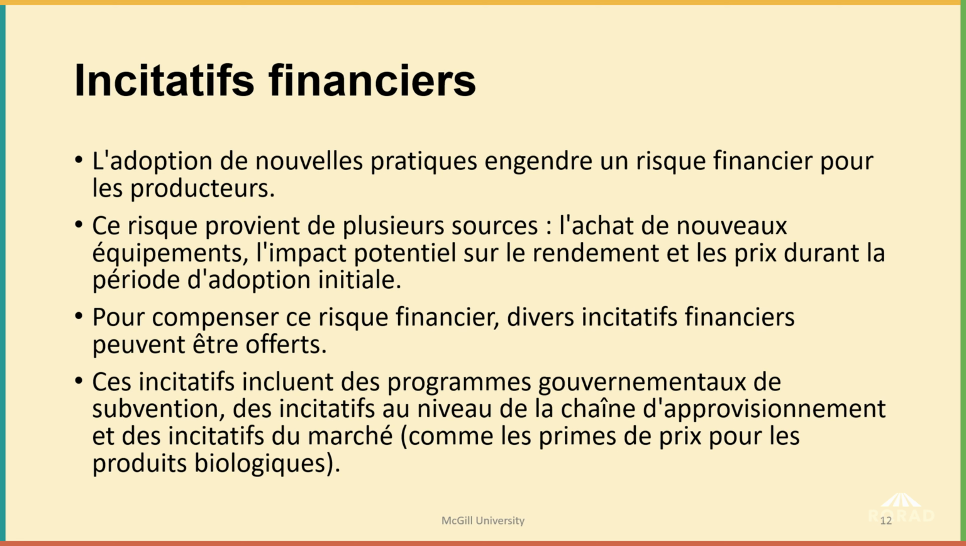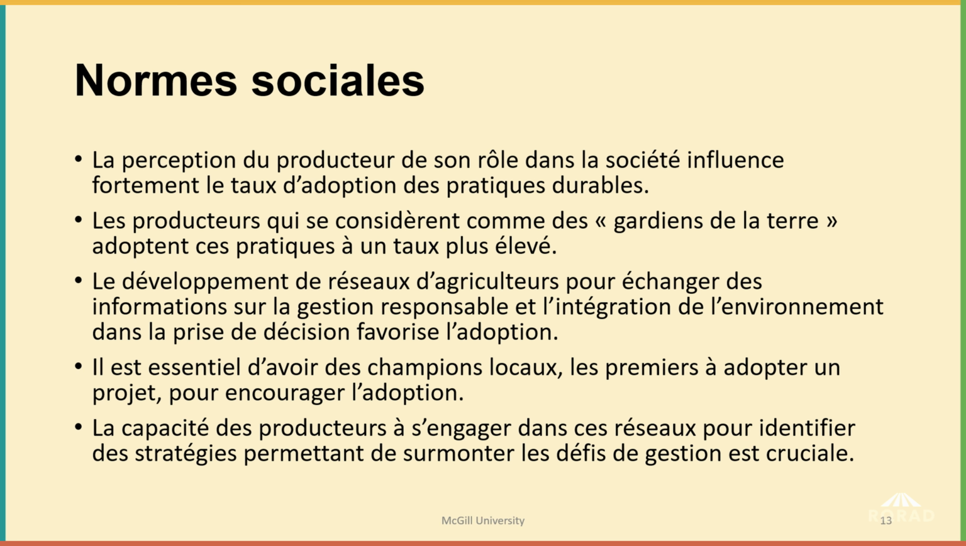So again, this idea of price premiums for organic or for local production is something that we can look at as providing financial support. The other thing is social norms. Producers who perceive their role in society has a major impact on sustainable practices. If they view themselves as being stewards or custodians of the land and production system, they have a much higher